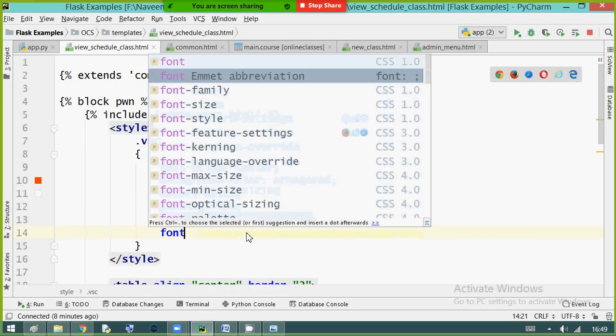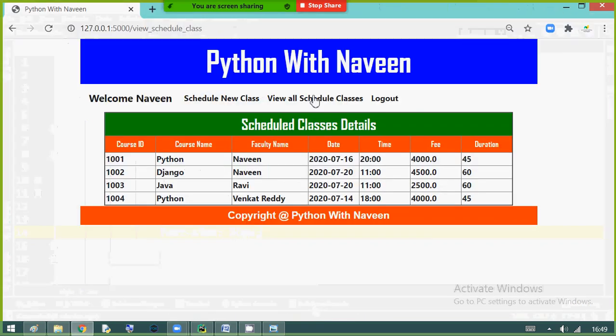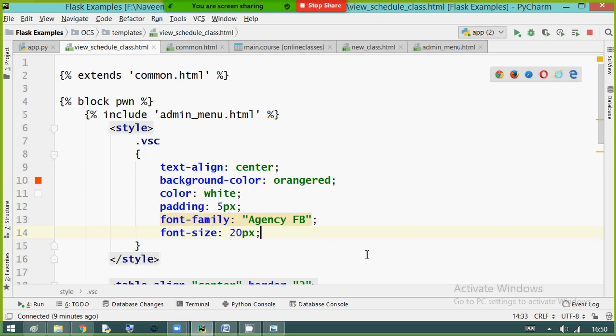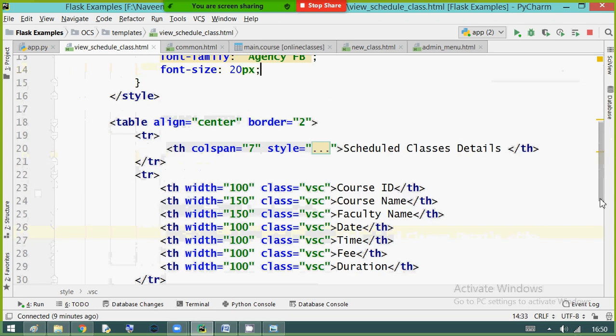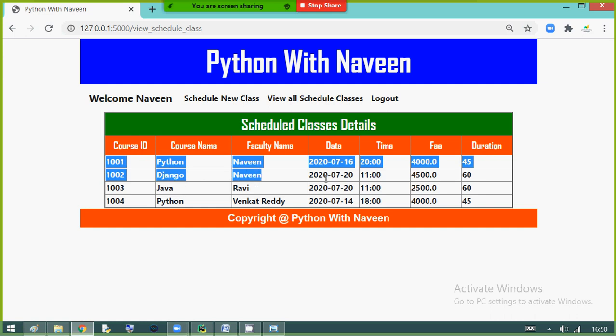Font size we need to provide. Font size I'm giving like 20 pixel. Good. Don't expect the good colors. That's good. According to me that is good. So these are the details I can see.